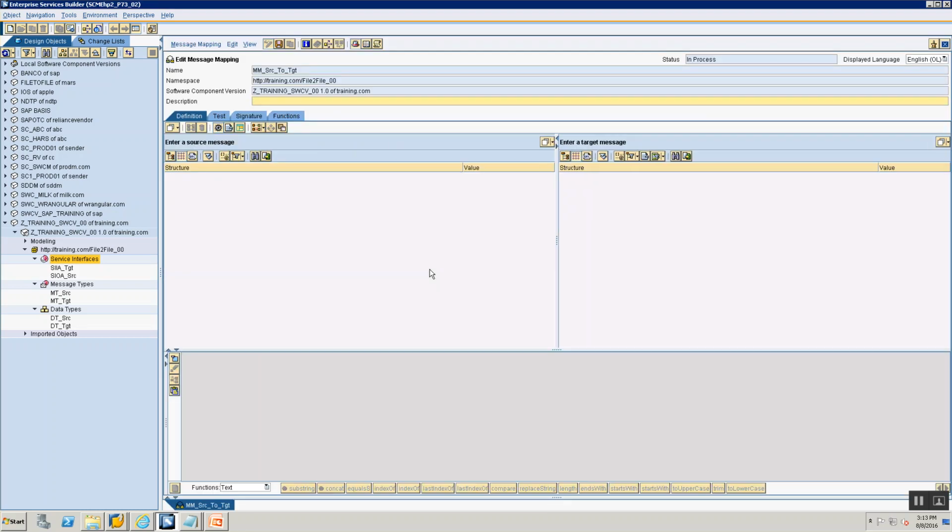So my mapping editor opens. It's asking me here, enter a source message and enter a target message. What does your message mapping use? A message mapping uses a message type. So I'm going to take my message type from here